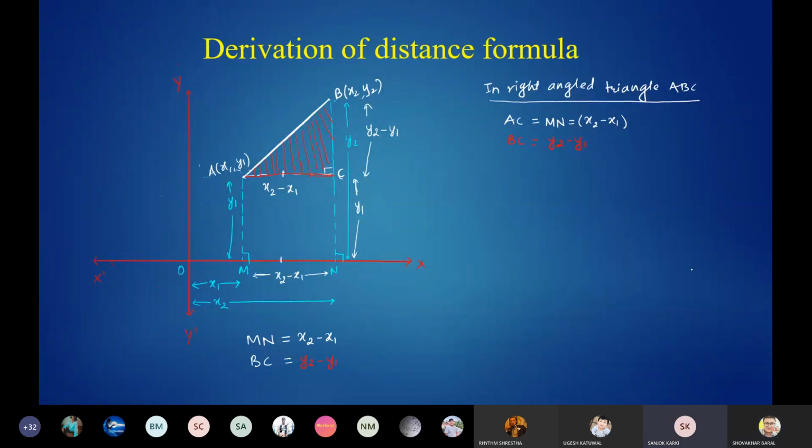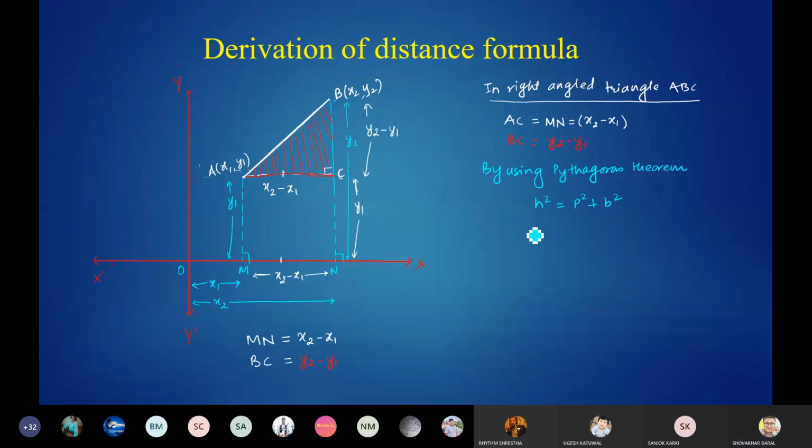h square equals p square plus b square. Very good. h square is equal to p square plus b square. Okay, so see here, by using Pythagoras theorem, I am not going to write in the whole detailed language here. You can see it in your textbook. By using Pythagoras theorem, it will be h square equals p square plus b square. But in this right angle triangle, can you tell me what is the value of h here?